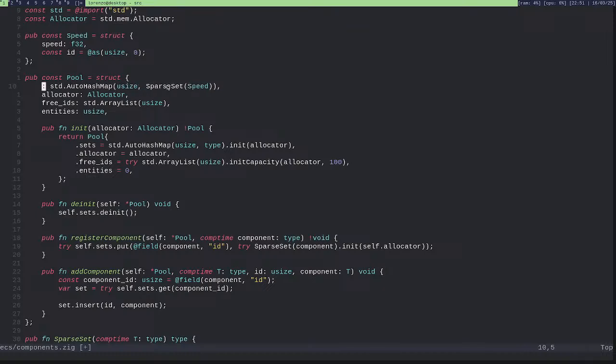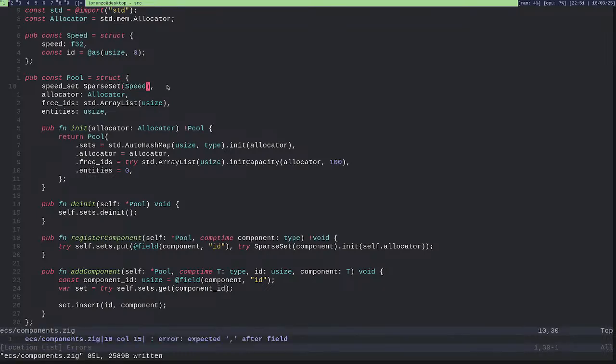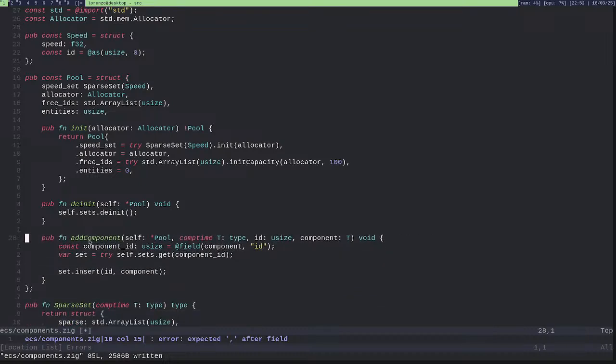Okay, so for now I will just do something like this, and then I will think of something different. So the speed set will be a try sparse set speed. Okay, I don't need this function anymore.